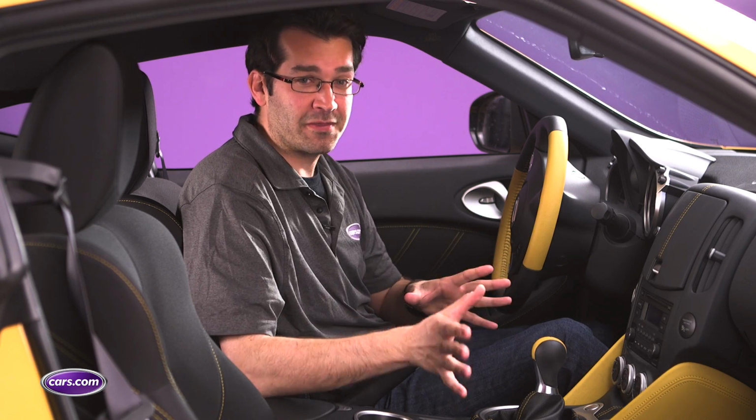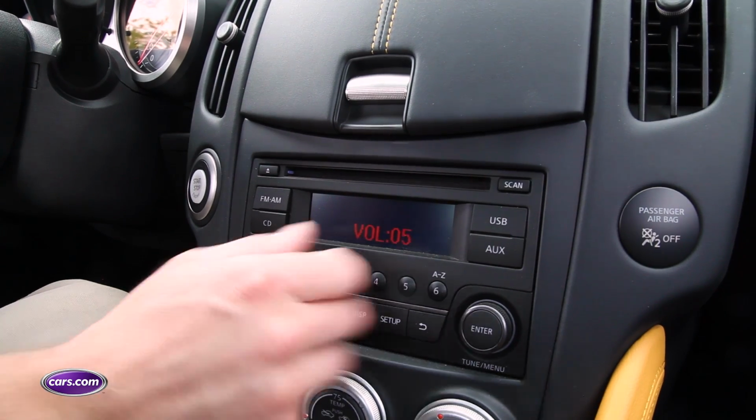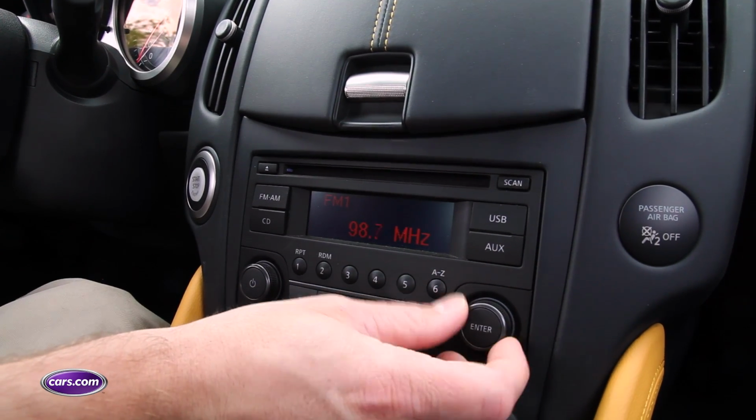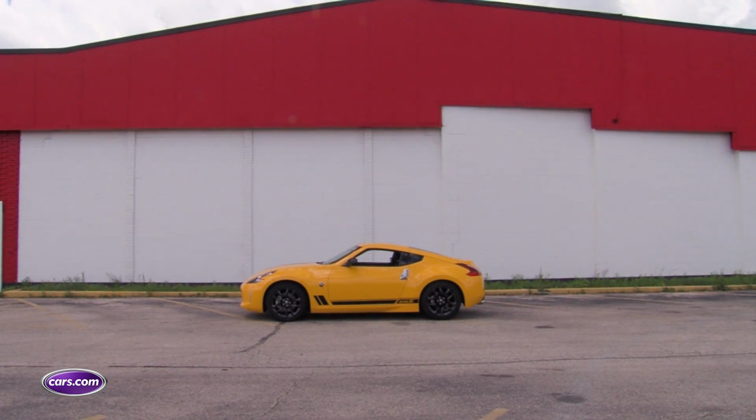It doesn't have the sport package, it doesn't have navigation. This is a $31,000 car, and that shows. It's like being in a time machine back to 2009. It's a base multimedia system, there's no touchscreen. You have to pair the Bluetooth through voice commands, which granted an owner would only have to do once, but